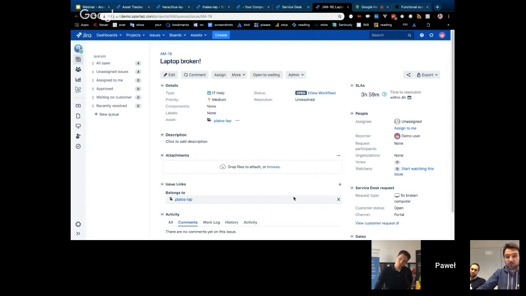And you know what's the funny thing? In the post function, I told you there is a workflow, yeah? There is a post function. I can set up as a post function in this workflow operation sequence that will update this laptop, for example, to have a status broken. And later on, if the status of this issue is fixed, done, it will automatically update this asset to be fixed. So yeah, interconnection, automation, we love automation.